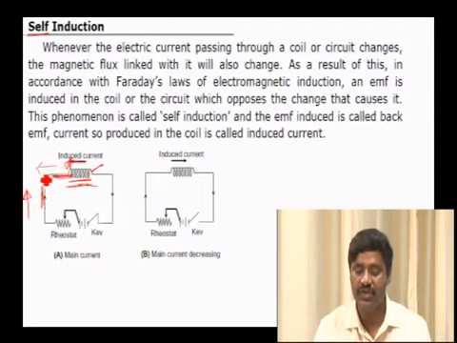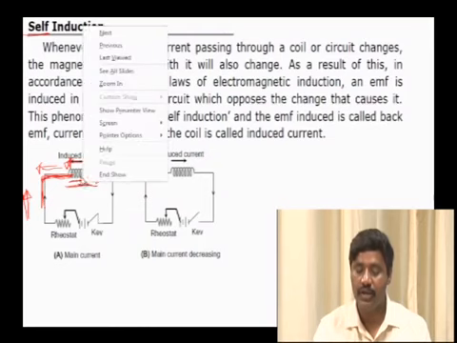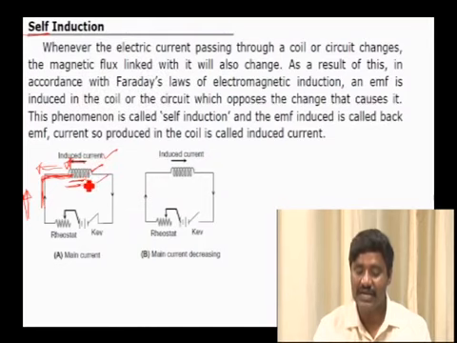And look at the direction of induced current. So this current and this current, they are opposite. This is according to Lenz's law. Induced current opposes the cause. But this time you can notice the current is induced in the same coil because of the change in current in the same coil. That's why it is called self. The EMF induced in a coil because of the change in current in the same coil, that's why it is self-induction.